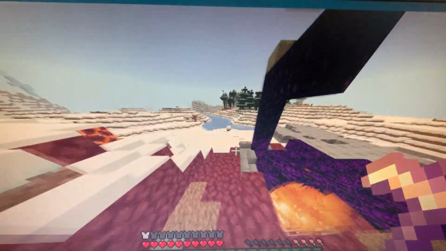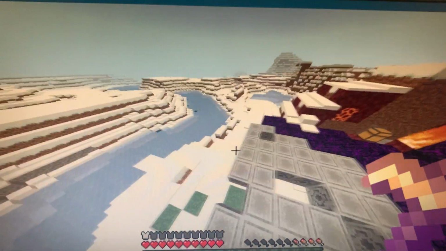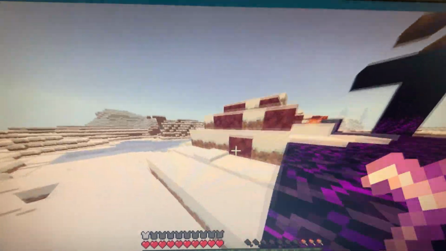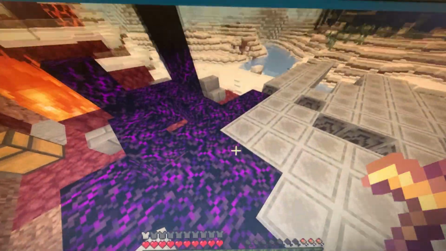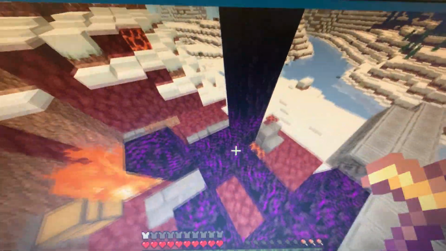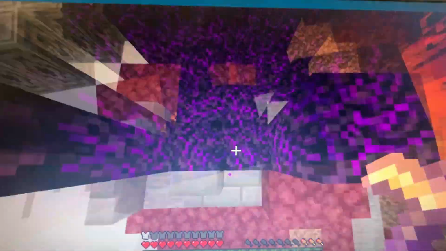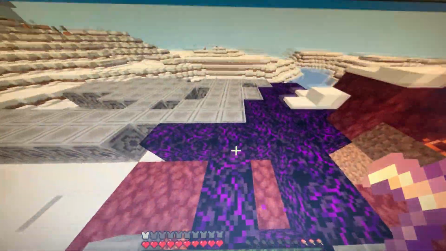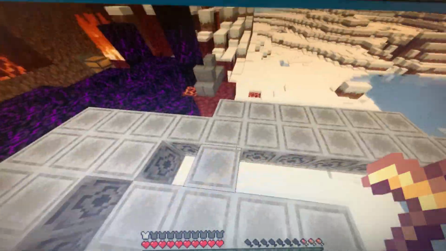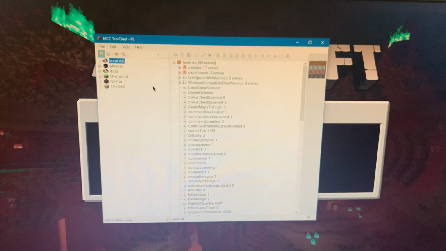So yeah, these are some of the things that you can do now with 1.16.100 and above. Oh, yeah, that's right. I did do that with Crying Obsidian. I forgot about that. But yeah, you can see, even though these didn't show up, they are, in fact, here, and they are real blocks, just like the lodestone is. And then if I close out of this, and I load the world up again with MCC Tool Chest,